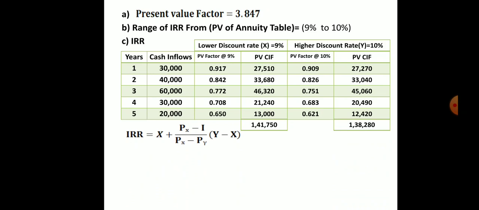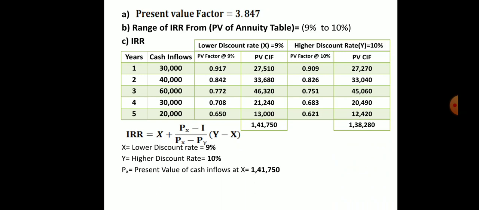The formula is x plus (px minus I) divided by (px minus py) into (y minus x). Here x is the lower discount rate, which they have given as 9%, so the range is 9% to 10%. The value of x, the lower discount rate, is 9%. The value of y, the higher discount rate, is 10%. px means the present value of cash inflows at x, so at 9%